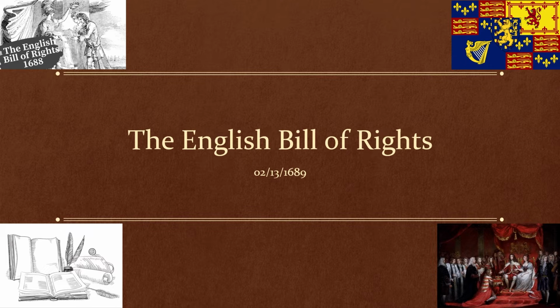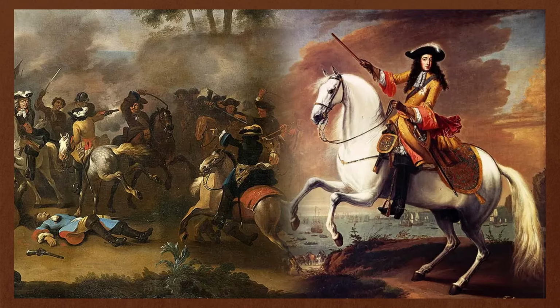And that all began with the Glorious Revolution. The Glorious Revolution, which took place in England from 1688 to 1689, involved the ousting of King James II. Both political and religious motives sparked this revolution, and many English citizens were distrustful of the Catholic king and disapproved heavily of the monarchy's outright power.